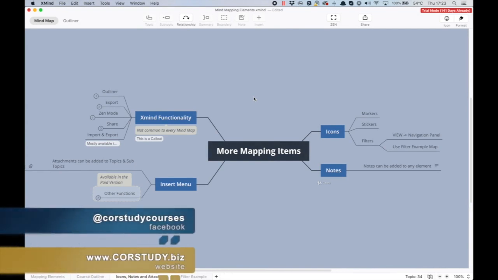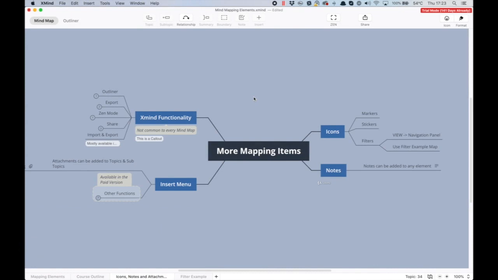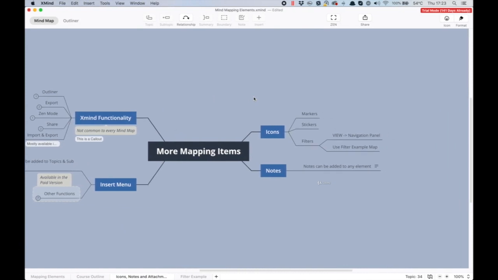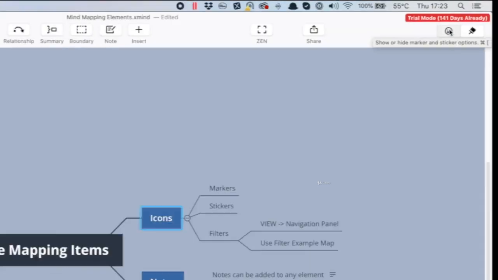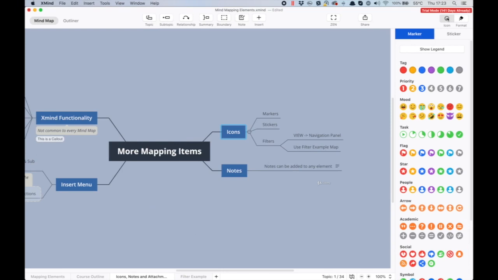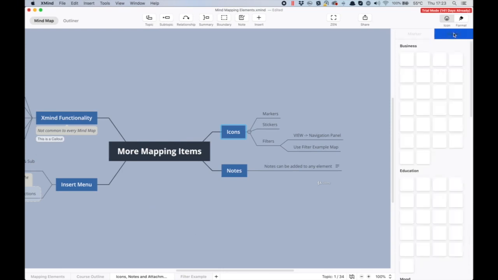Now in this video, we're going to look at some additional items that you can use in your mind maps. So let's start here with icons. Now icons are available from the icon menu here in the top right. And if you click on that, you're going to see that you have two broad groups of icons, markers and